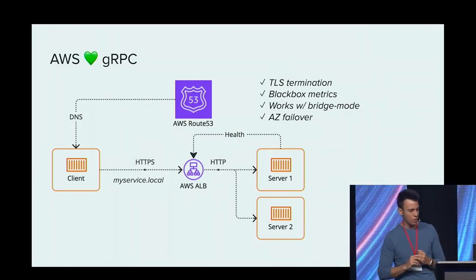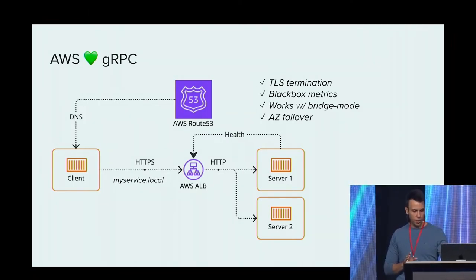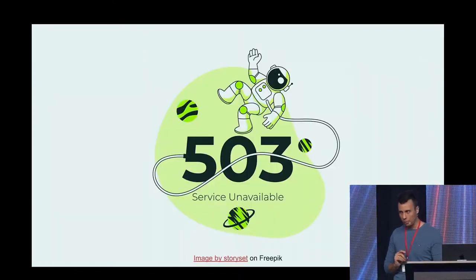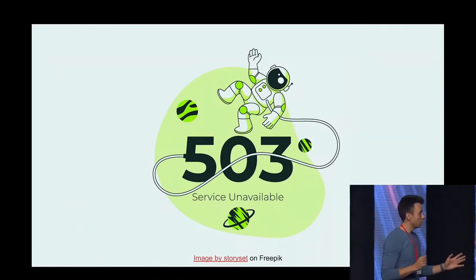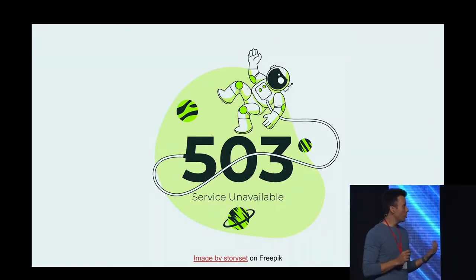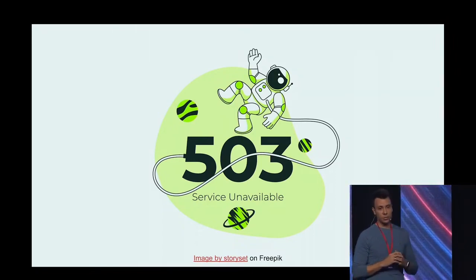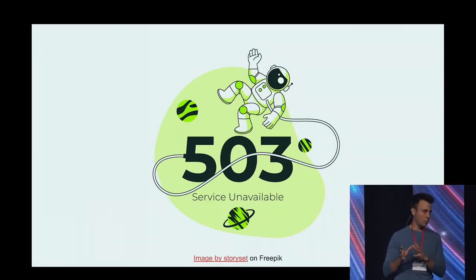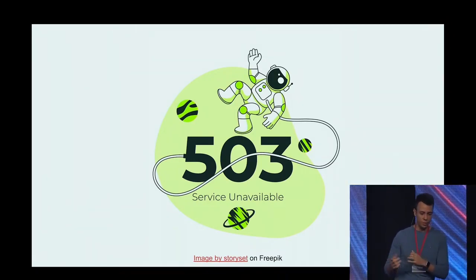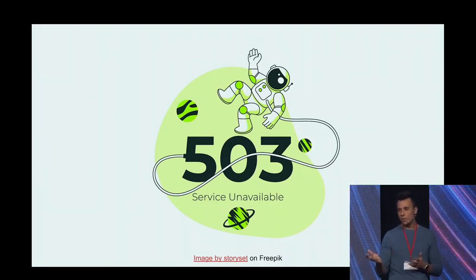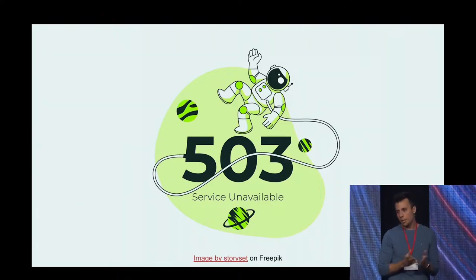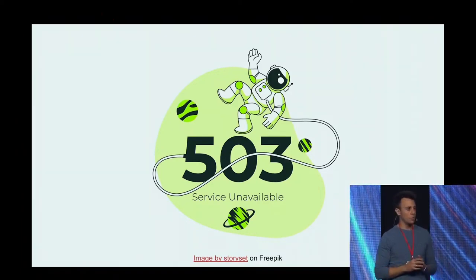And everything works nicely, and we're super happy. We let some clients in, and then failure happens. What should we do in that case? I mean, this is service unavailable. There is an equivalent code in gRPC status codes. And it's pretty obvious. If you see that, you probably want to retry, right? I mean, it's kind of obvious. This is what you do.